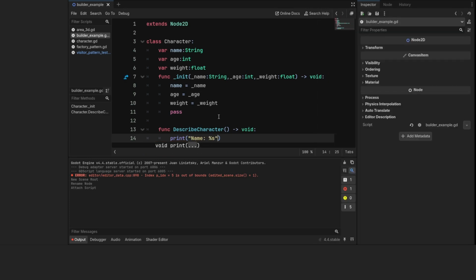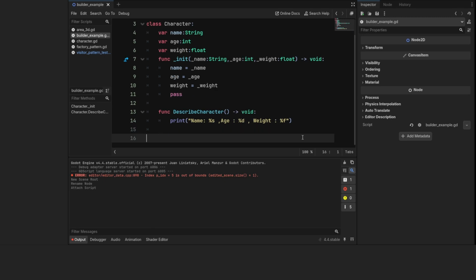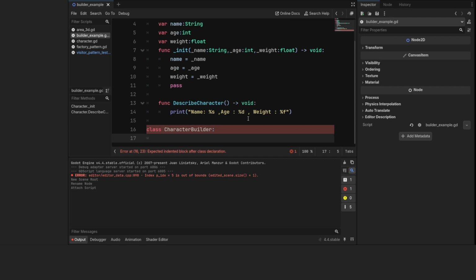First, I started with the character class, which includes the variables name, age, and weight. These three variables will be used throughout the implementation. We will initialize the character class using a constructor that takes name, age, and weight as parameters to assign values. Basically, init serves as a constructor in GDScript. Next, I created a function to describe the character, which simply displays the values assigned to each variable within the